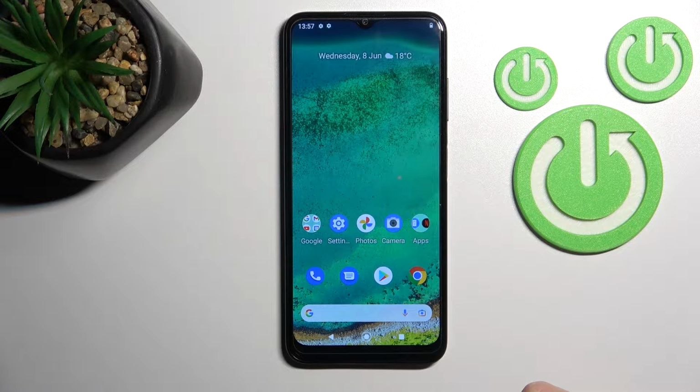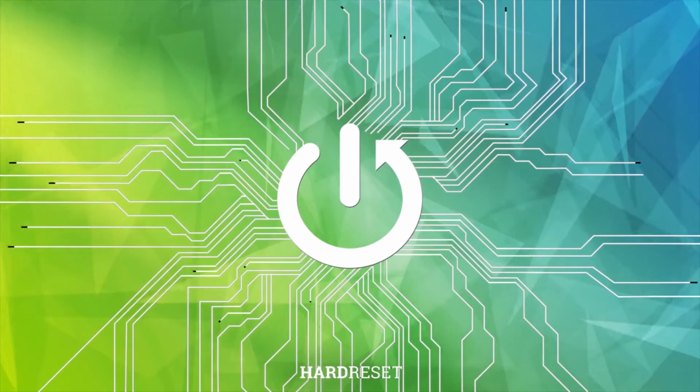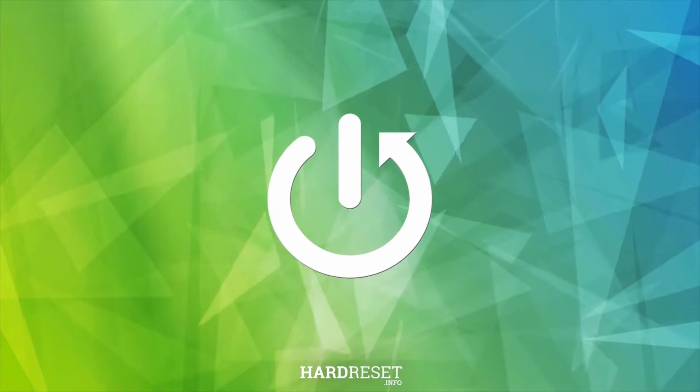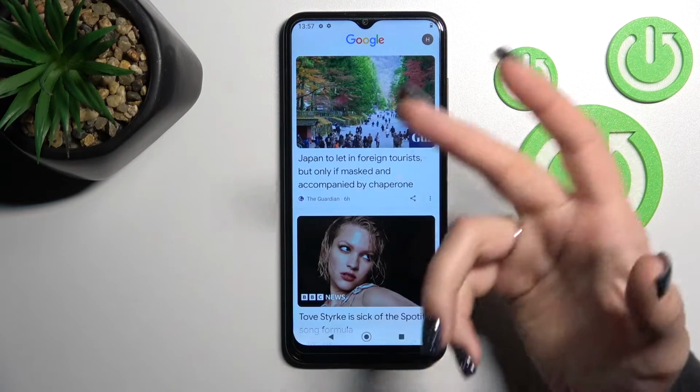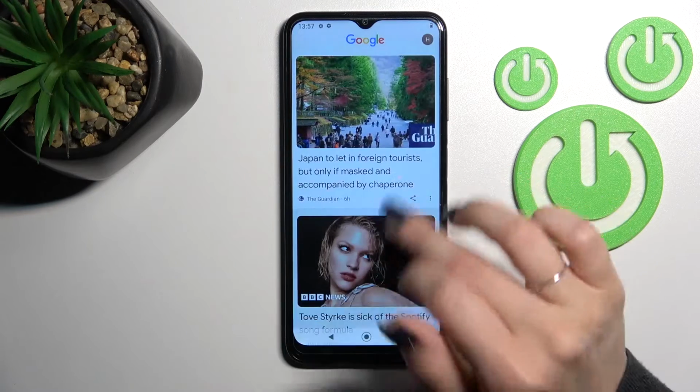Welcome, today in front of me Nokia G11 and I'll show you how to enable or disable Google Fit on this device. So let's just first see that in my case the Google Fit is activated,